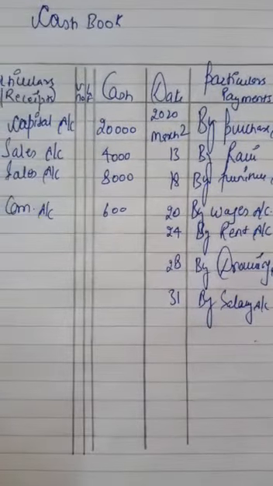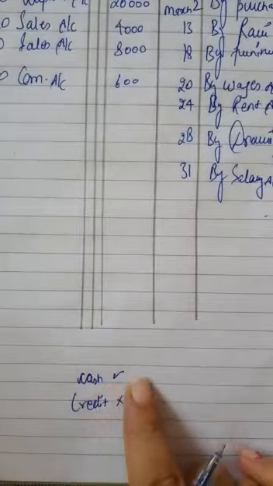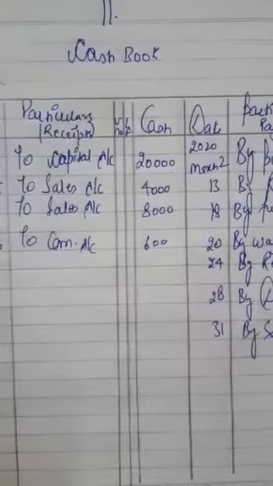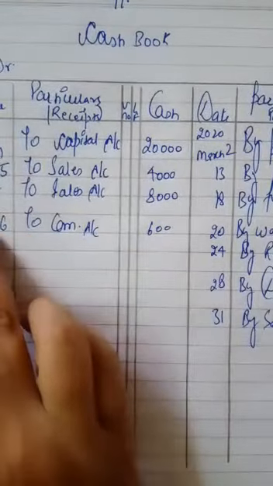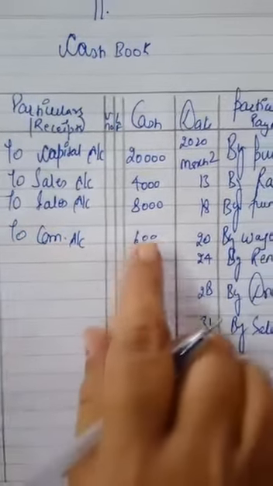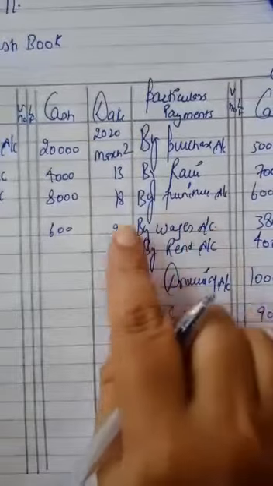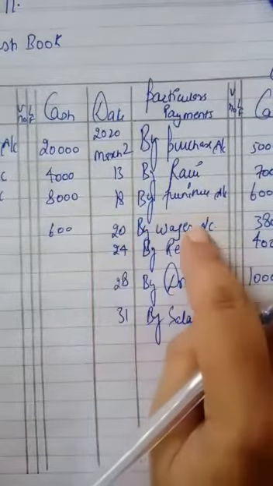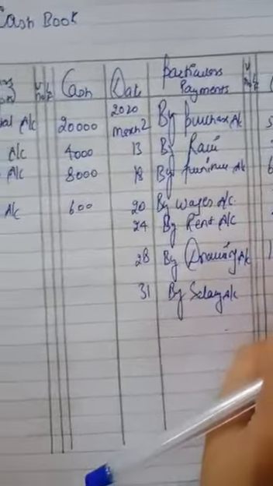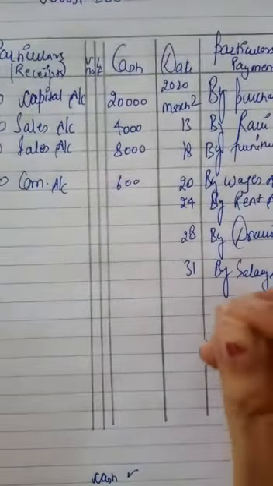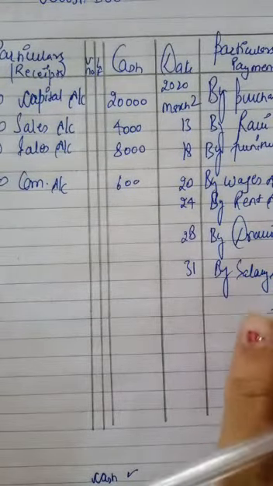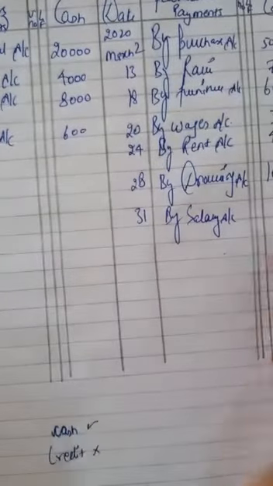The thing you have to note is that you have to record only cash transactions and credit will be ignored. Whenever you are receiving cash, you will just write the date, the reason of receiving cash and how much you have received. Then for payment side you will record the date, the reason of the payment and the amount. Just think whether you have received cash or you have paid cash. You just have to consider that.